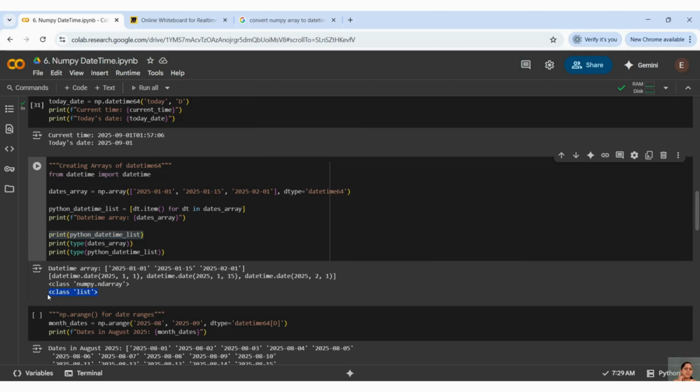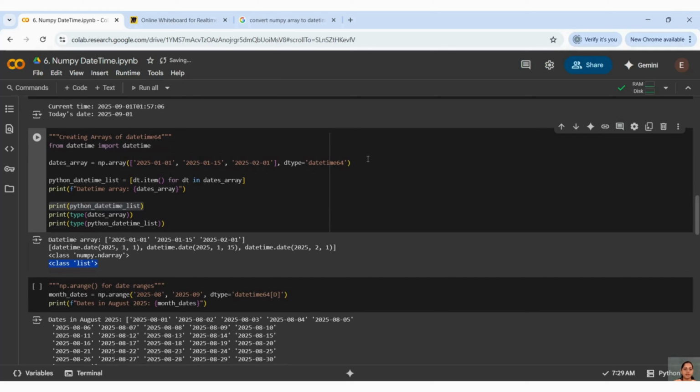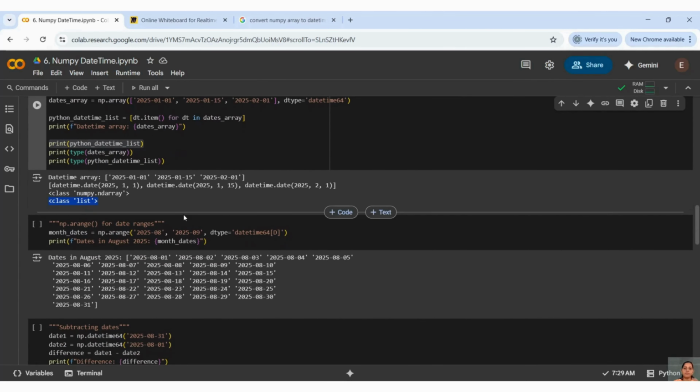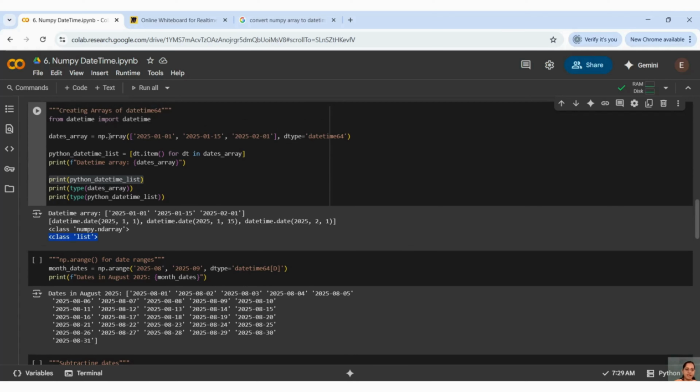So ultimately, when we convert it to single items, it is going to give you a list, and from that list you have to get each and every item. Basically, this ndarray is converted to a datetime Python list. So this is how you can convert any ndarray to a list.